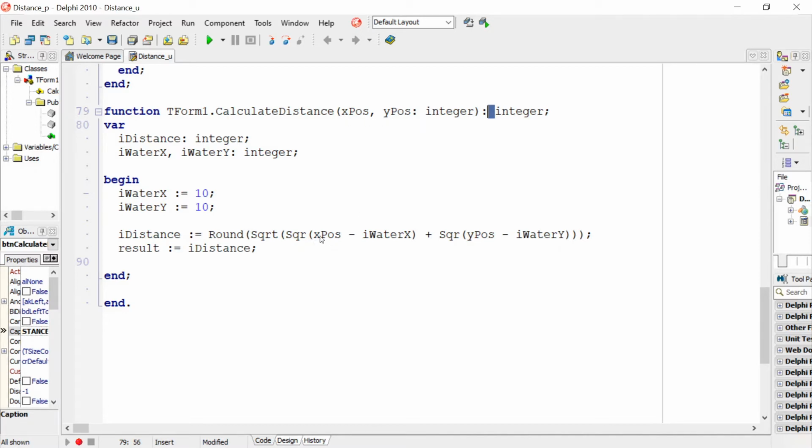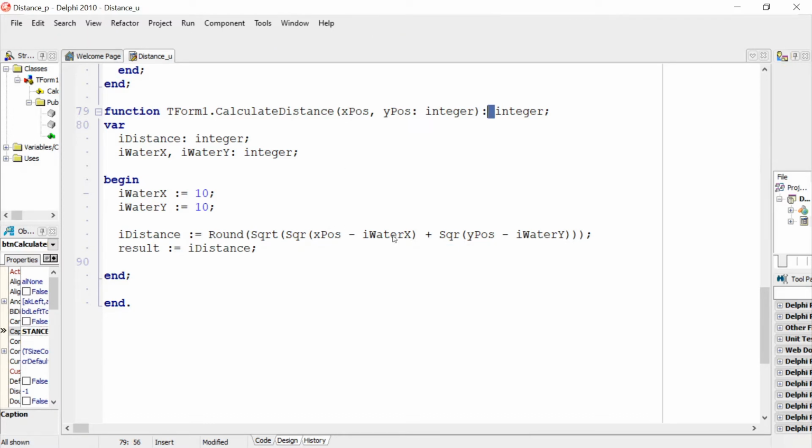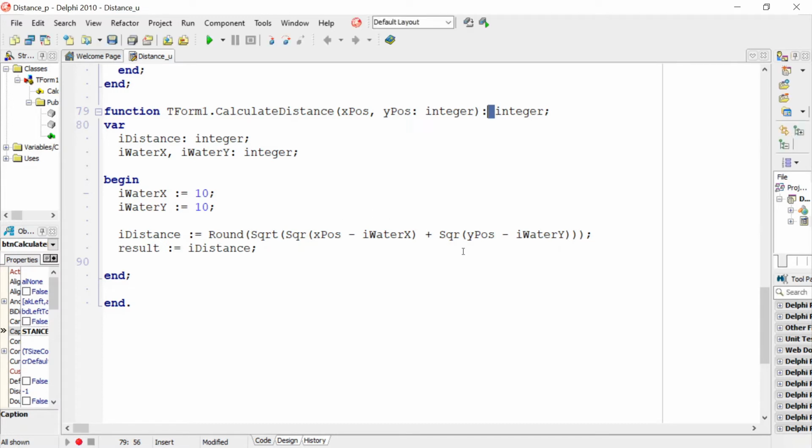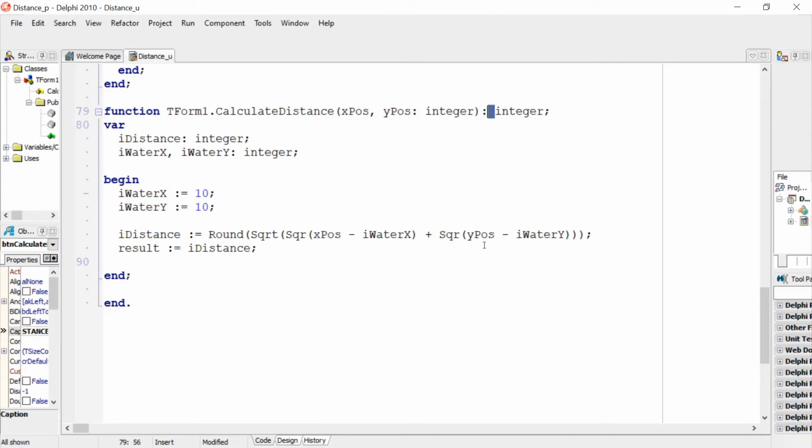So in the first example of the array, the value 12 is going to be sent in to the function, and 12 is going to be mapped onto x pos. So 12 minus 10 and that squared. So that will actually give you 2 squared